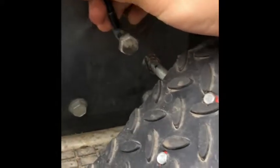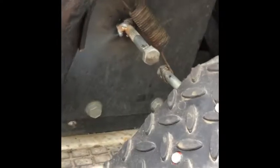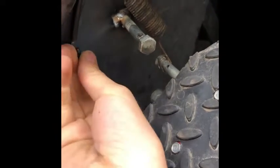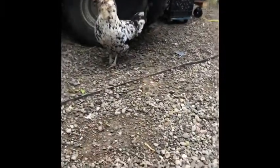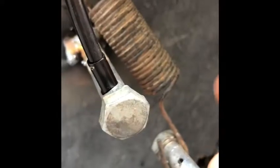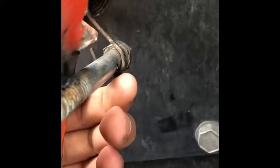But of course, this cable is all stuck. And the reason I don't have a cable, you might be like, well, why didn't you use your original one? That's because I was welding this bolt on. Pete, be quiet. I was welding this bolt on to the rear of the pedal, and then the cable comes through and there's a little split ring on the back to hold it on. But